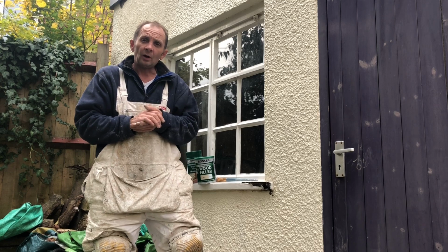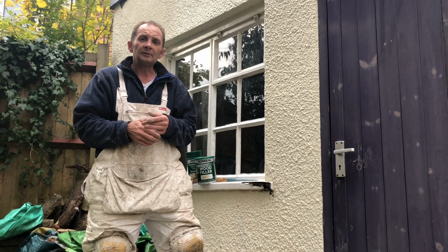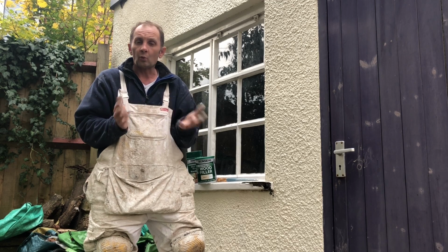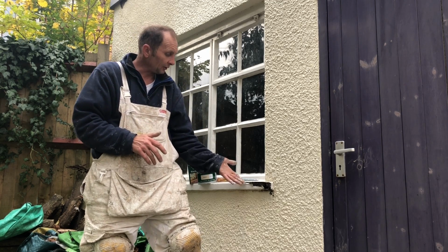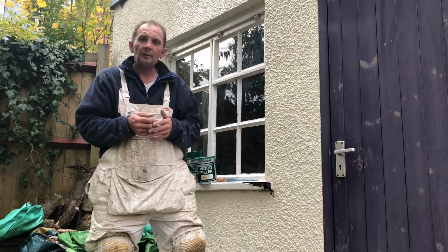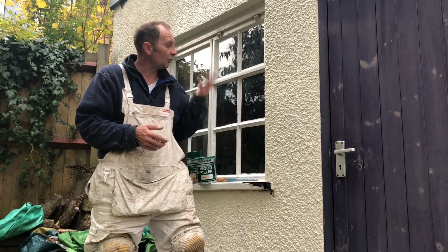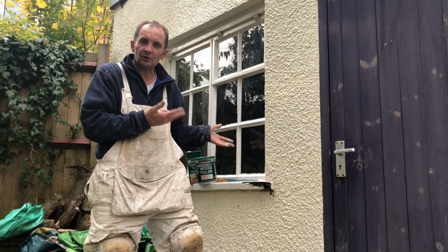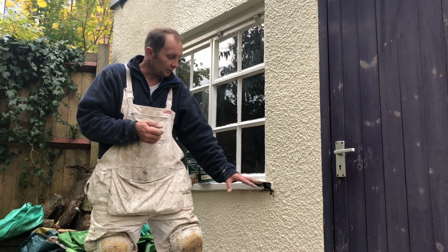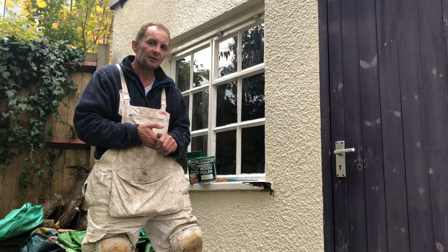Right then, if you come to paint the outside of your property and you come across some wet rot or dry rot on a window or door frame like this one here, this is all soaking wet, you're going to need to repair that before you undertake the task of undercoating and glossing and finishing your door or your window. So when it comes to a windowsill such as this, which I'll give you a close-up of in a minute, you are going to need